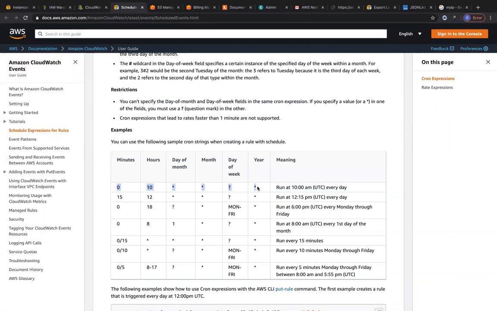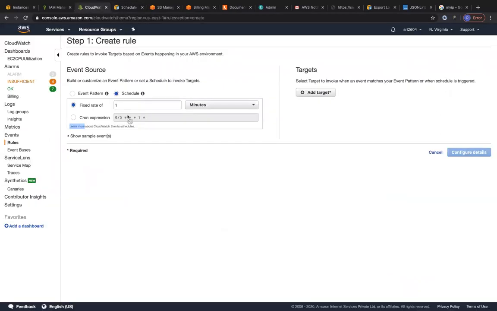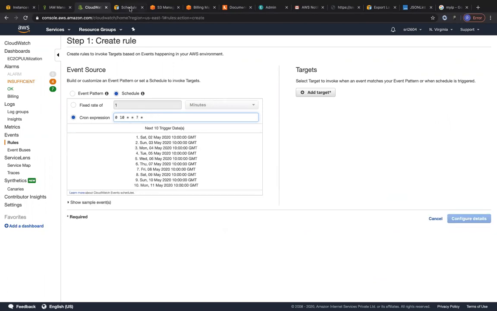So let's just copy this guy right now. So let's copy this. And let's go back to CloudWatch and let's put this over here under cron expressions. Right? So we need a 0, 10, star, star, question mark, and star. So I think there'll be double spaces, which we'll have to trim. So that's a formatting error. Yep, cool. So yeah, you can see we have this being triggered. The next trigger is going to happen tomorrow, which is May 2nd at 10 a.m.